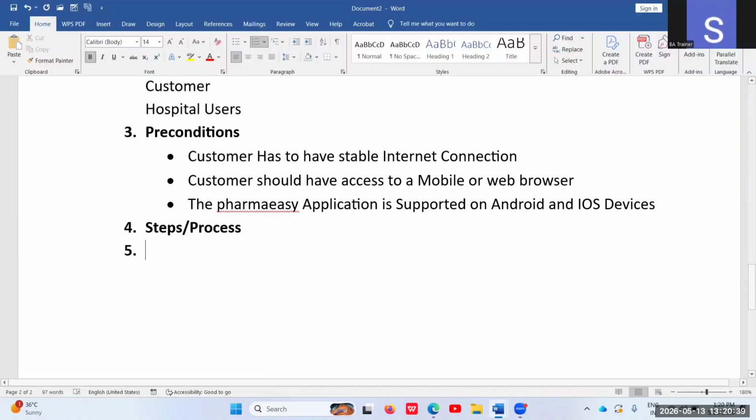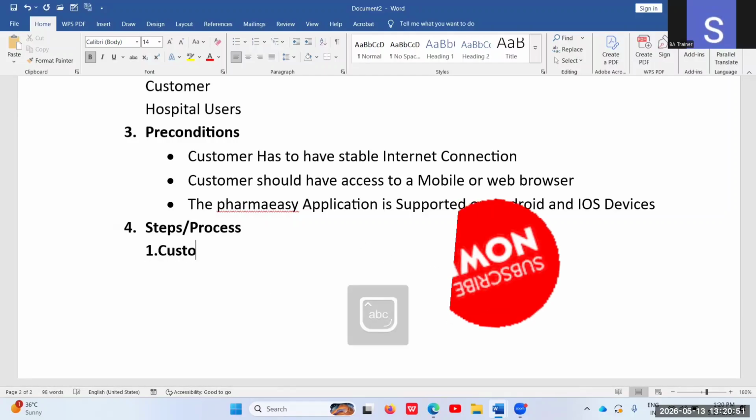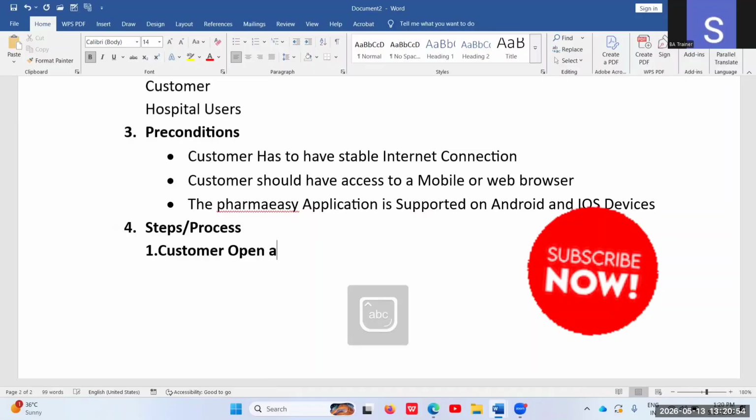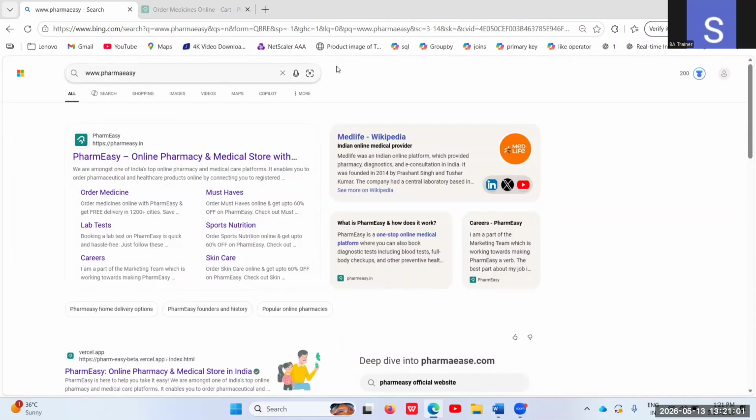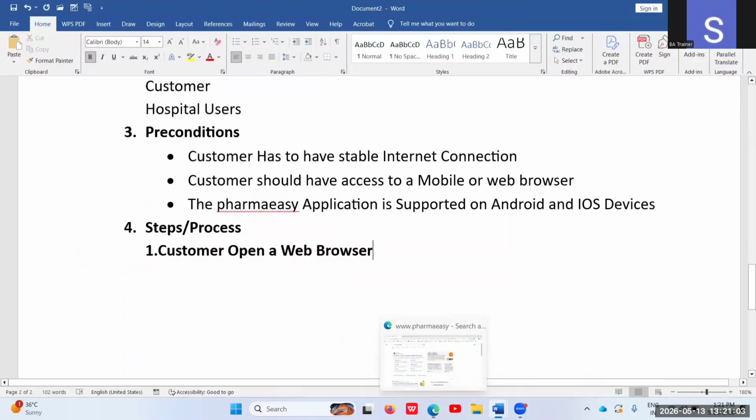Okay, now steps or process, we need to document it properly, each and everything in a step-by-step manner. So first of all, the user, customer, opens a web browser. I will do that live. So customer will open the web browser. I did. Then the second thing is,